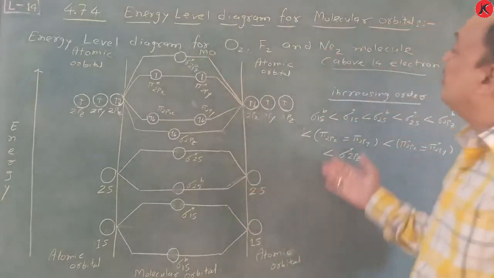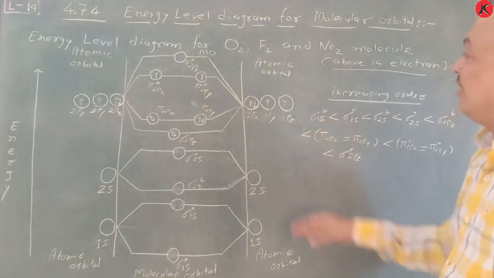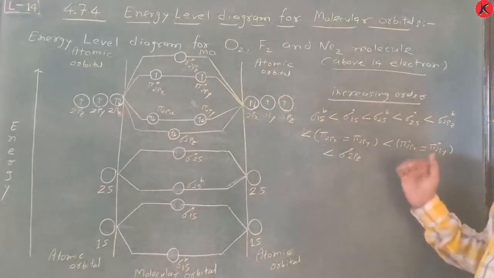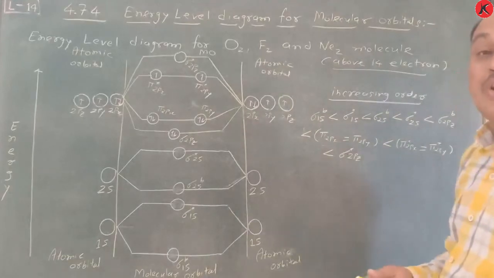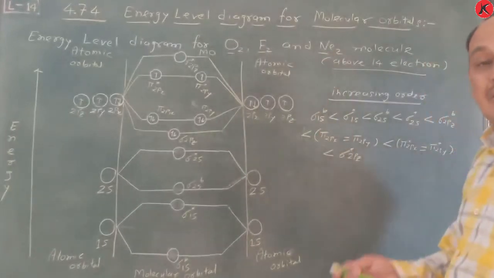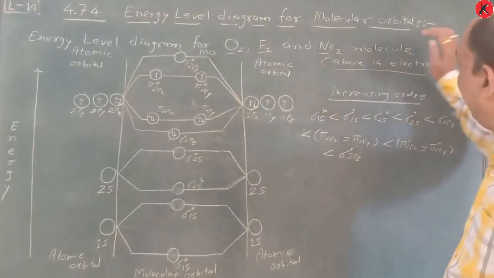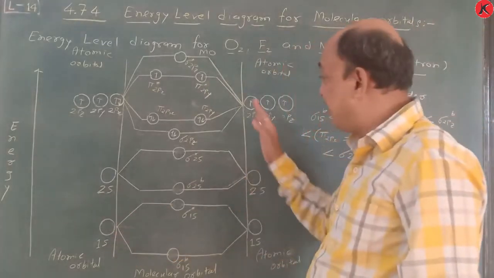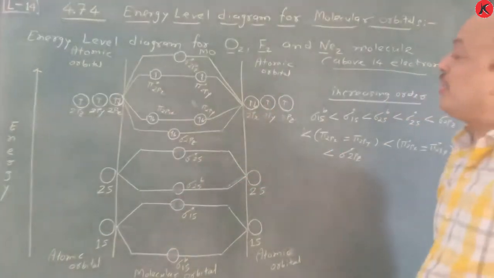So first of all, take a screenshot of this. Remember it this way. This is for above 14 electrons, 14 not included: 15, 16, 17, 18, and so on. And it is true only for homonuclear molecules, where the same atom is there. This molecule possesses the same atoms, and that's why the energy of 1s, 1s, 2s is the same. The distance is also the same, and according to that you have to remember it.